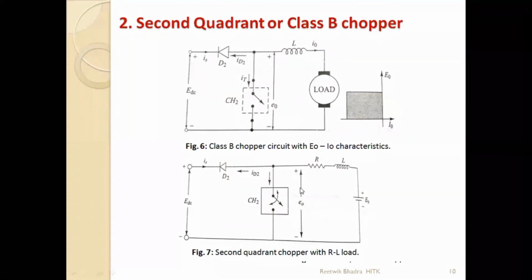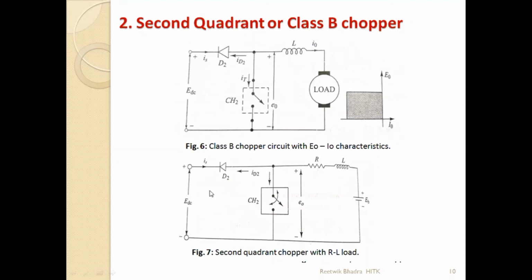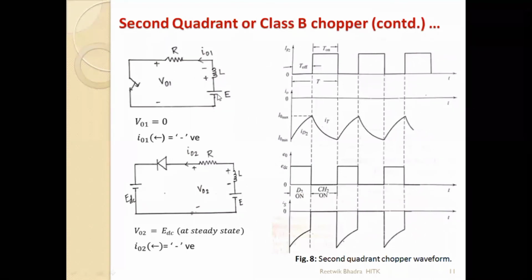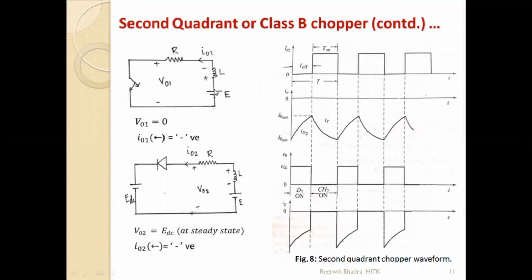Now if the chopper is open, the inductor also acts as my source. The total load voltage will supply my source through this diode when the chopper is off, provided that E0 is greater than EDC, then only current can flow in this direction. So we'll jump into the figure. Now the switch is closed. Now this EMF source acts as my supply, so it charges my inductor in this direction.